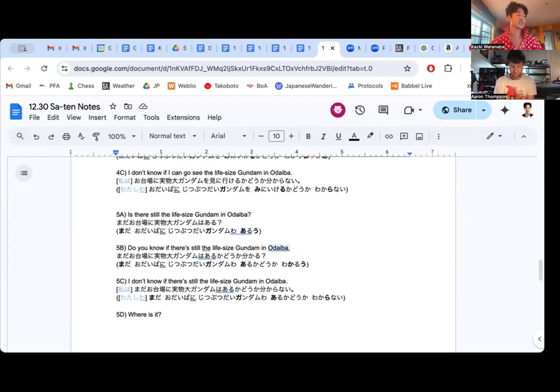Luka gets stressed and cut back down. Okay. お台場に実物大, went back to ba again. お台場に実物大ガンダムを見に行けるかどうかわからない。That's better, much better. Mini ikeruka, me and then ru get strong stress. Pitch accent. 見に行けるかどうかわからない。